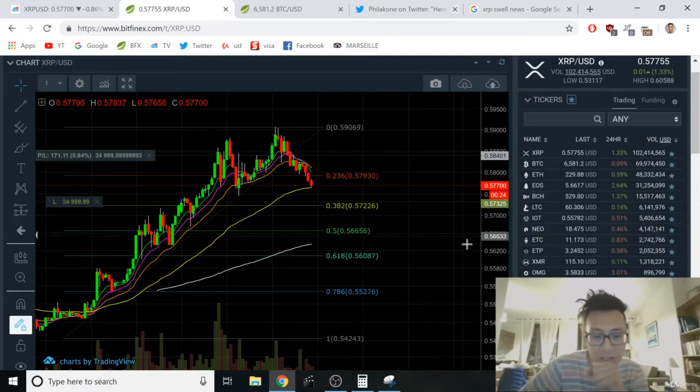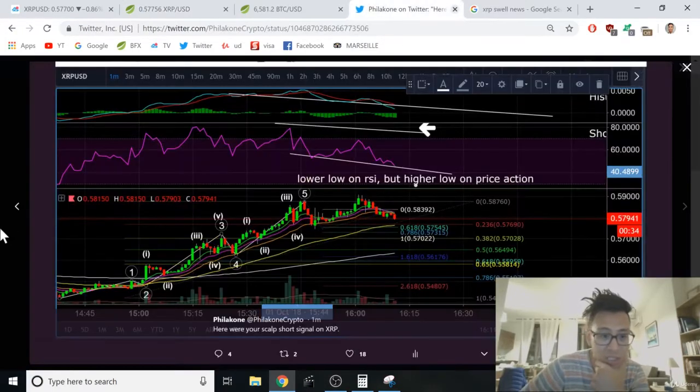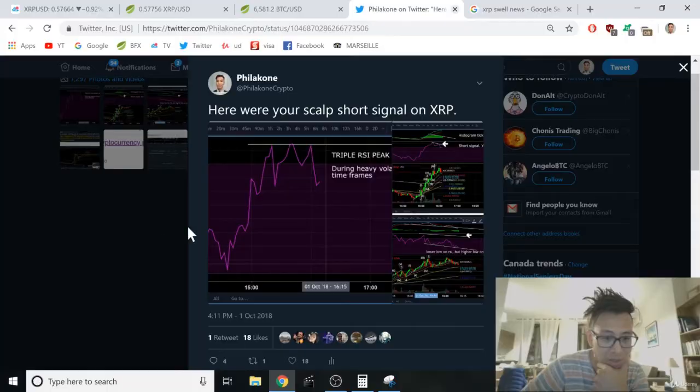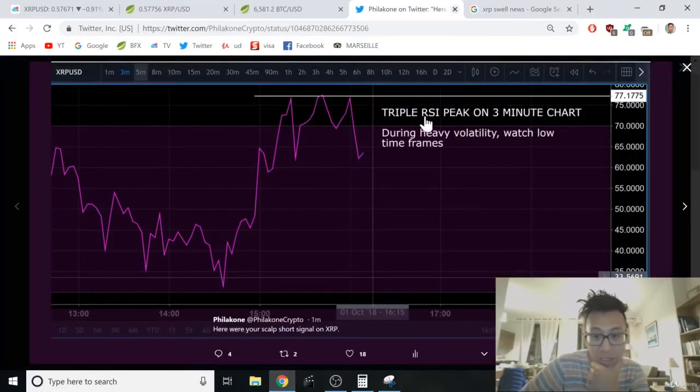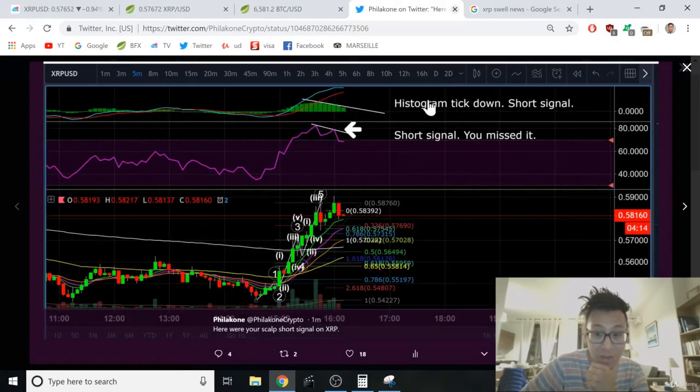All right, so these were some of the short signals. I tweeted this as well, that they're not going to see this video, but yeah, here we go. Here's the triple peak on a 3-minute chart, right? On a 3-minute chart, we got a triple: 1, 2, 3. During heavy volatility, watch low time frames. Histogram tick down, that's your signal as well, and also the short signal that you missed with the bearishly diverging